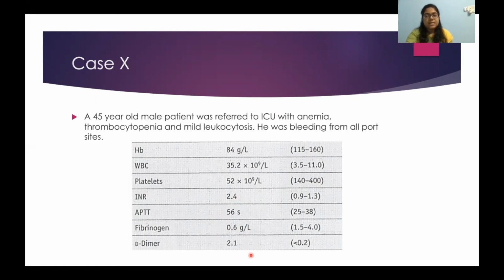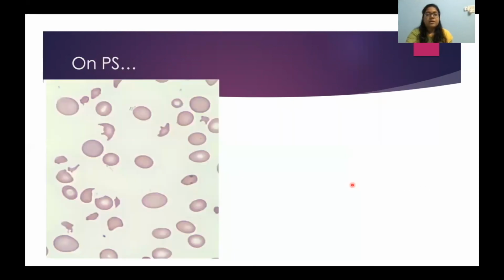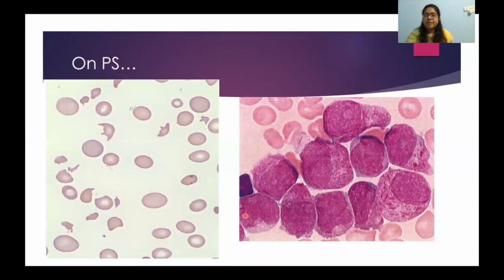Now, is this DIC primary or is it secondary to something? One other parameter which you can see is abnormal over here is mild leukocytosis. So in such a case, a peripheral smear examination is mandatory. On peripheral smear, you can see the presence of broken RBCs, which are called schistocytes, which confirms your diagnosis of DIC. Now, this DIC is secondary to a leukemia, that is another hematological emergency like Burkitt's. This is acute promyelocytic leukemia.